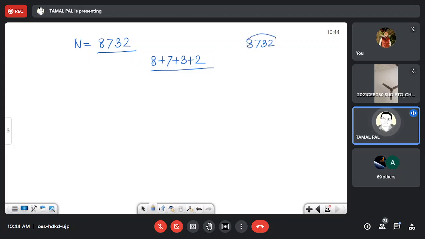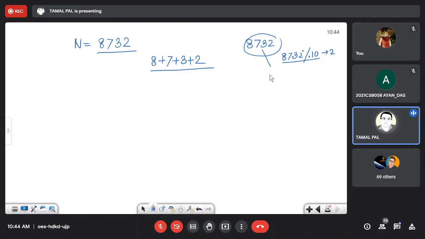If 8732 is your number, then you perform modular division by 10. Modular division by 10 provides you the remainder 2. And now you divide this by 10, which provides you 873.